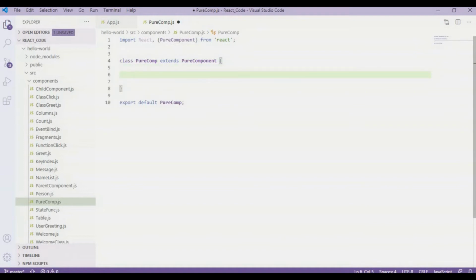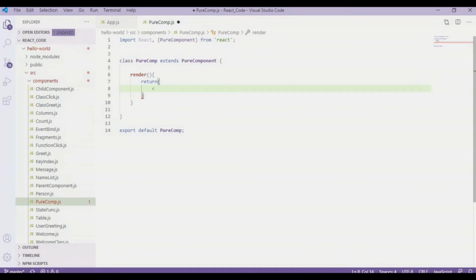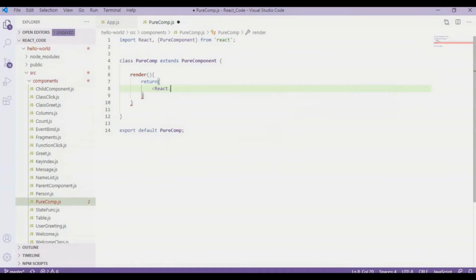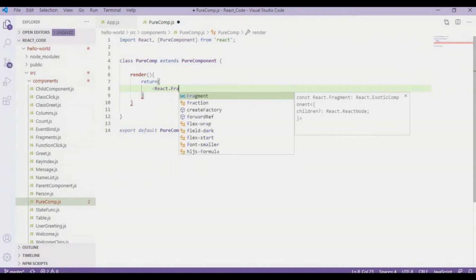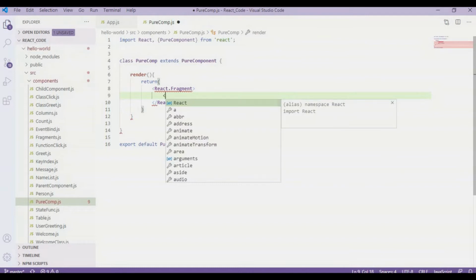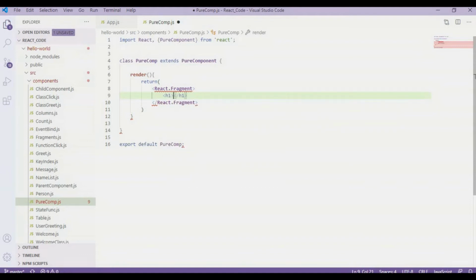I will have the render method, and inside render I'm going to return a React fragment. For this case, you can return anything you want, and inside the React fragment I'm going to put a message in an h1 tag, and I'll say pure component.